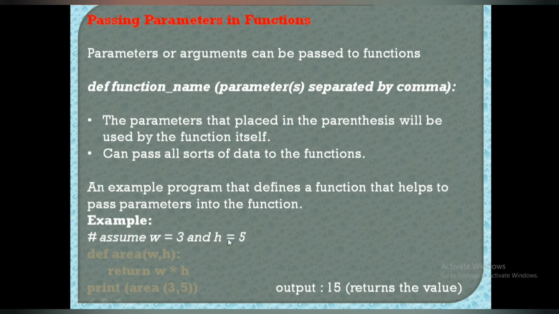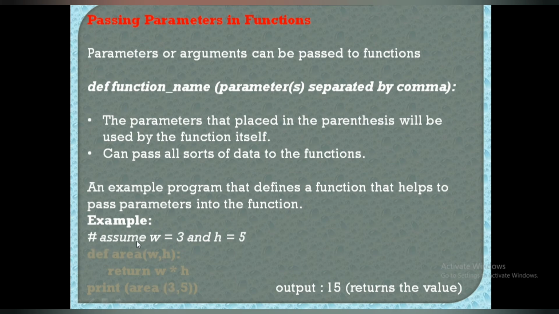Okay, h equal to 5. So this hash symbol, we know why we use the hash symbol in the Python programming language. This hash symbol is used to specify this is a comment line. So comment lines cannot be executed. Then for what purpose are we using the comment line? A comment line is used to give some annotation to the user, that is, some description about the program code.